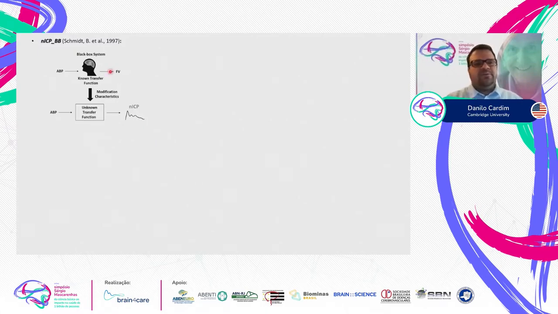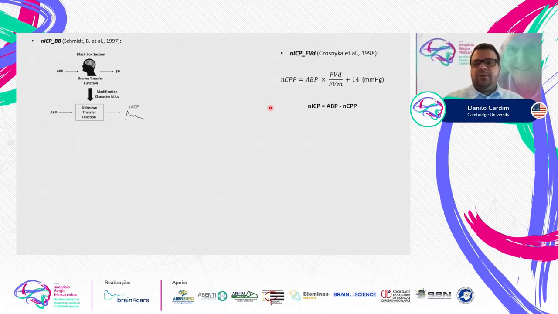So this method was developed by one of our colleagues, Bernd Schmidt from Germany. And then the second method that I had the opportunity to work with is a model. It's a model that was developed by Professor Chosnik himself. So this method relied mostly on linear regressions between patients that had